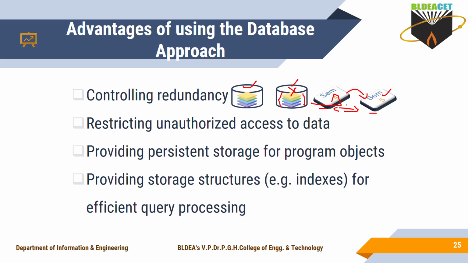This is not the correct way of storing data in a database. This type of problem we call inconsistency. To prevent this type of problem, we can also control the redundancy. Instead of maintaining multiple records, if I maintain only a single record, then the updated information is available, so I can resolve that inconsistency problem. This is why we go for controlling redundancy. This is one of the advantages.